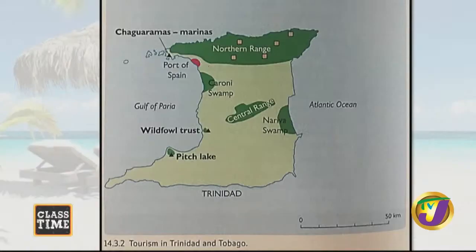found nowhere else. Those areas that are highlighted yellow, we don't see any on the coast of Trinidad, but we see a good stretch on the coast of Tobago, which highlights beach vacation. So those persons who are interested in the traditional tourism activity, which is sunbathing, the sea, the sun, and the sand, they will more so go to Tobago. Those who will go for nature lodges or hikes, they will go to Trinidad, of course, which affords them that